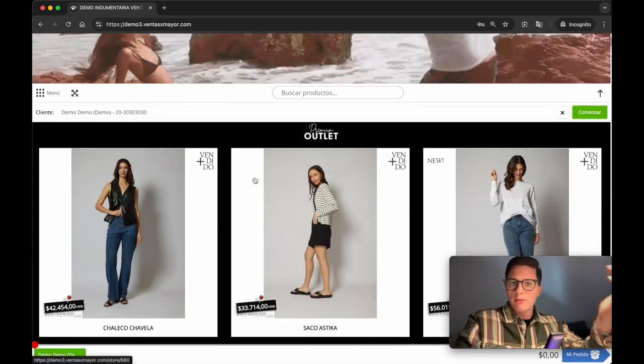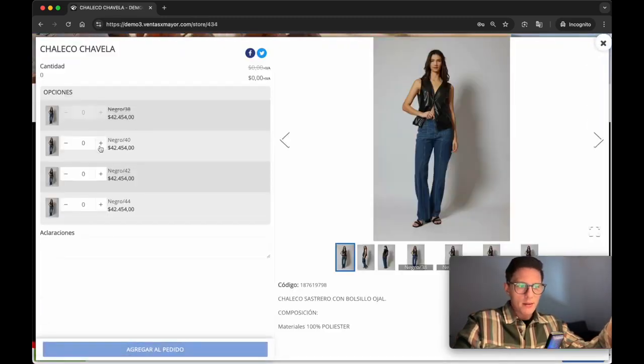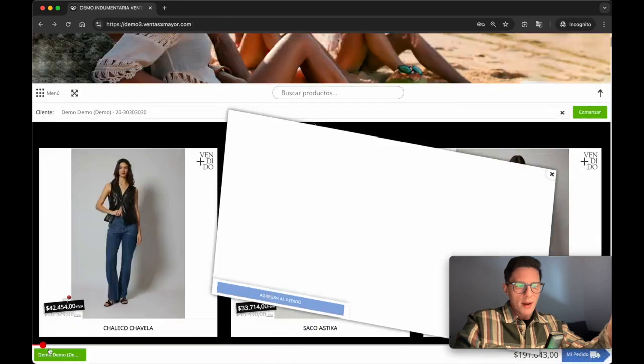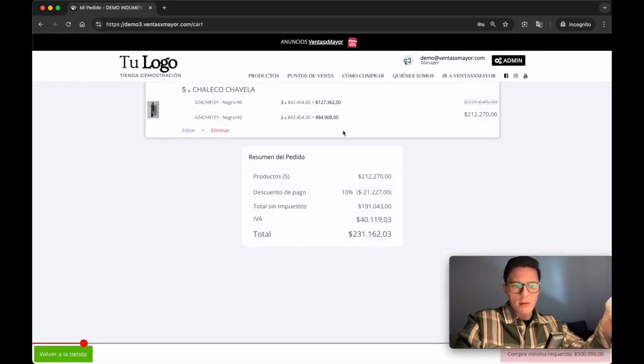Once the customer has completed the top-up, the purchase begins. The purchase is made in the same way as for customers. After adding the items, you will see the progress bar fill up. Once it is finished, you can place the order. Once the order reaches the administrator, you will receive an email. You will receive the order as if you had placed an order with the customer, and the customer will also